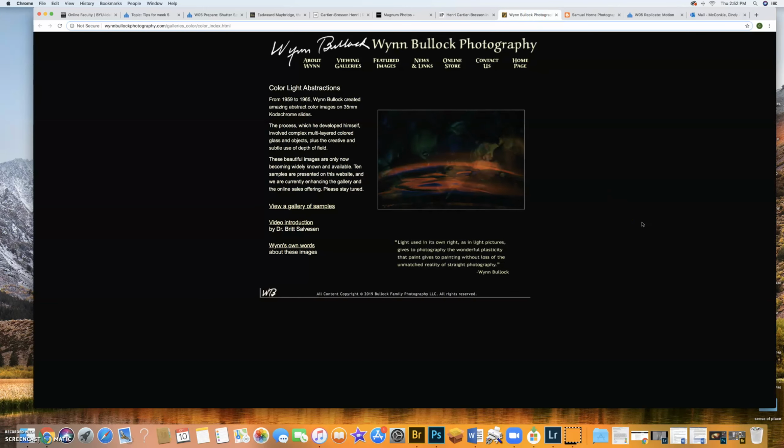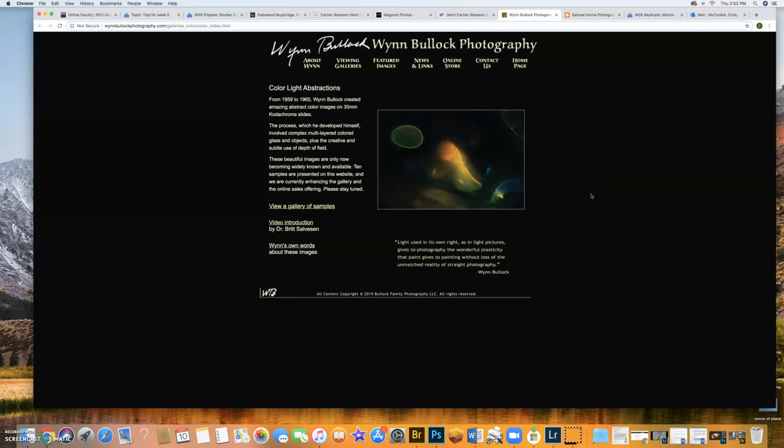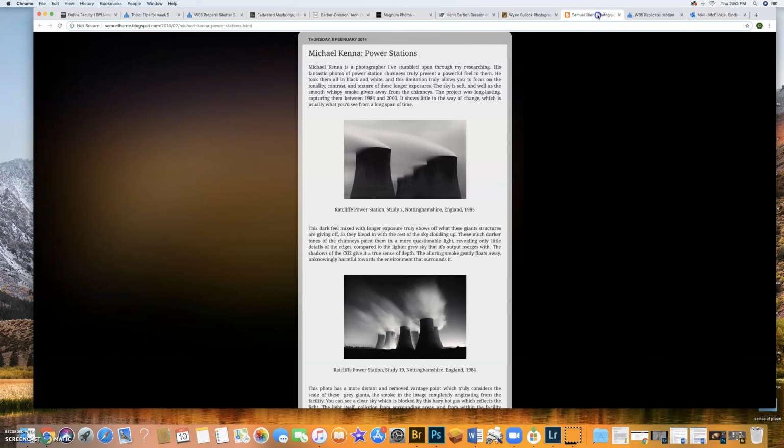One of those is Win Bullock. If you just Google Win Bullock, you're going to come up with probably a lot of his black and white images, and he did those earlier in his career, and he has some amazing black and white images. But he's also done a bunch of these color images in the later part of his career where he's capturing the motion of light. And then we have Michael Kenna, and he does these amazing long exposures where he captures,